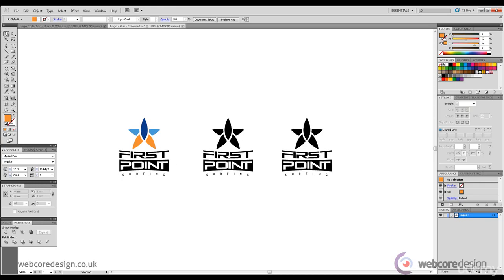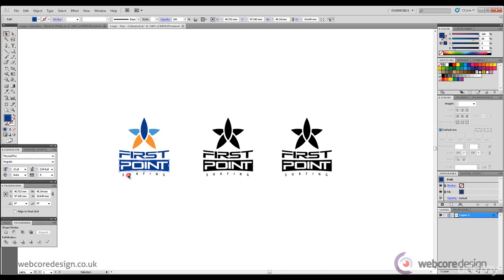So now we come to the type. I'm going to select all, or rather I'll select first. We ungroup, select first, and we'll see if we can match this dark blue with the eyedropper tool in the tools panel by clicking upon the peak of the star, and with the direct selection tool selected, I'm also going to use the eyedropper tool to match the rectangle,